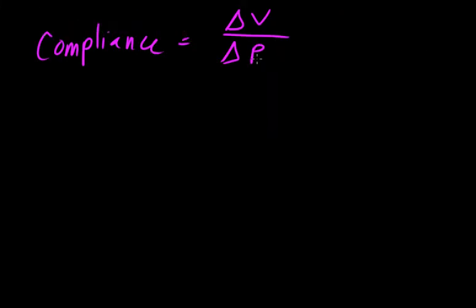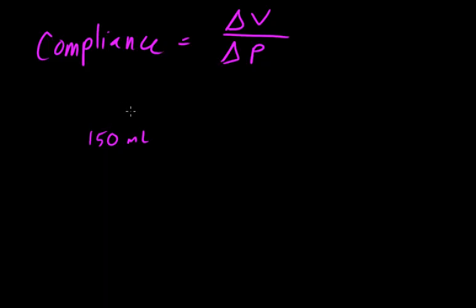So we have our change in volume over change in pressure. Our change in volume is going to be at the time of 0. So let's just say we exhale a normal breath. We're not trying to exhale all the air in our lungs. We're just taking a nice normal breath. And at the end of exhalation, known as the end of your tidal volume exhalation, we are going to have a little bit of air in the lungs. So let's say we have about 150 milliliters or cc's of oxygen or air in the lungs at the end